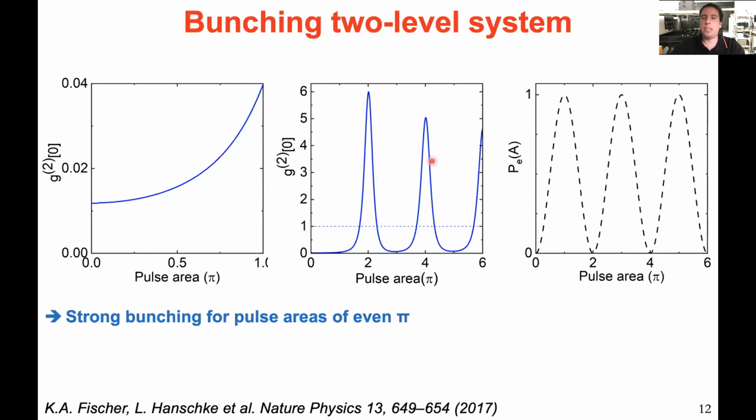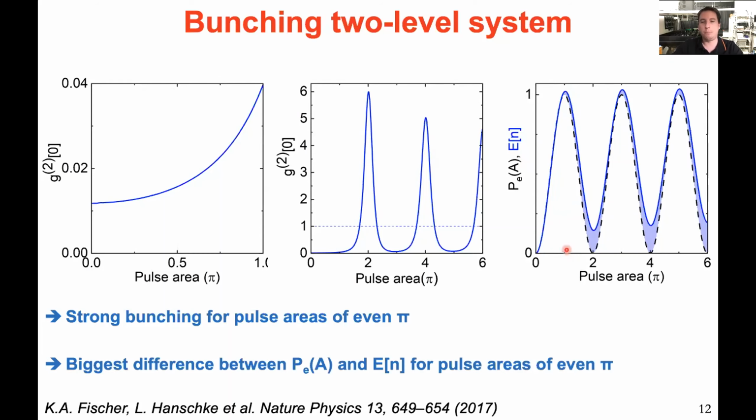So this was a bit surprising to us when we first did these simulations, but you have to remember that what we're doing is not driving the system and then asking in which state you are after the excitation pulse is gone. What we're doing is resonantly driving the two-level system and at the same time looking at the emission. So we're not looking at the excited state probability. What we measure is the expectation number of the emitted photons. And as you can see here, this is different from the Rabi oscillation, whereby the biggest difference occurs for multiple, well, even values of pi.